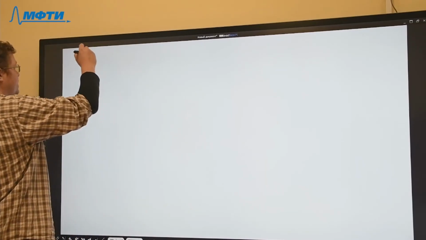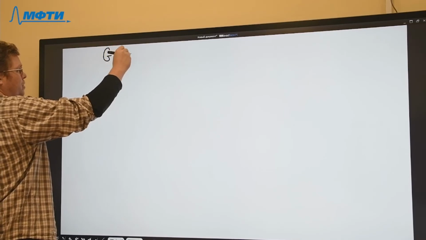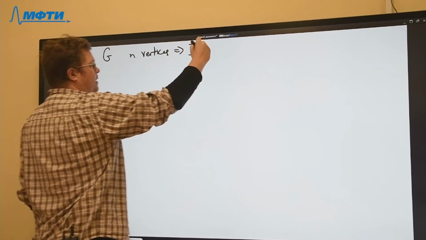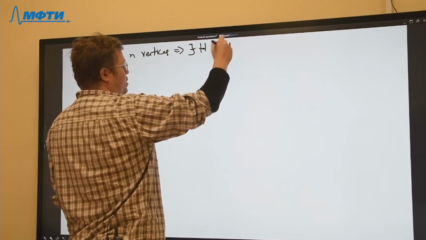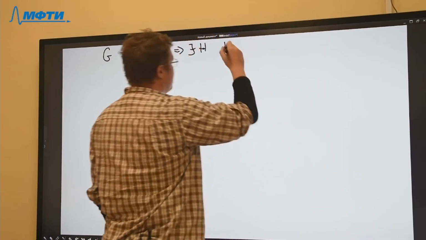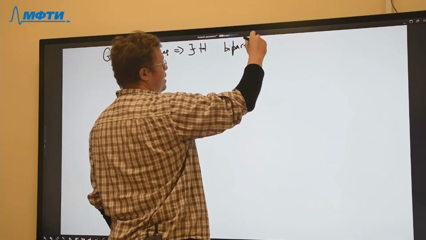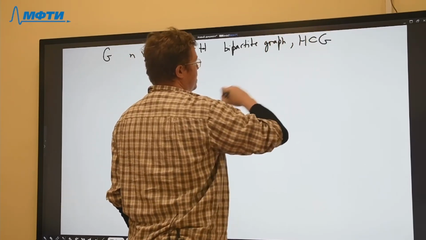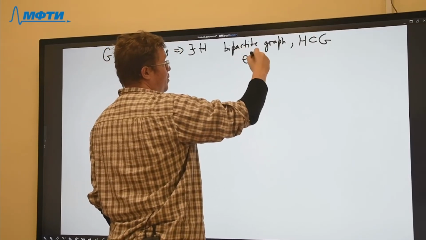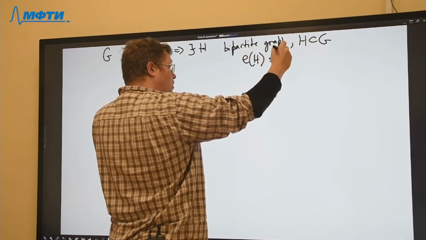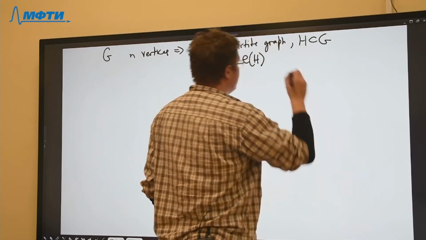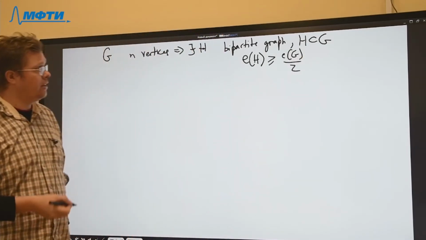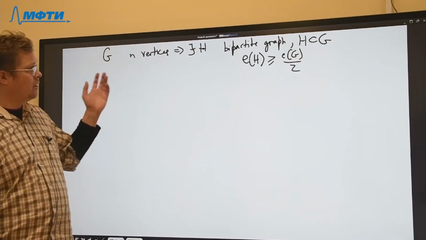So we need the following statement: if you have a graph G on n vertices, then there exists a bipartite graph H in G such that the number of vertices in H is at least half of the number of vertices in G, and from this we can achieve